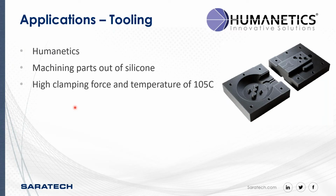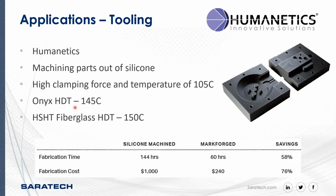Now, the molding process required high clamping forces and sustained temperatures of 105 degrees Celsius. So they needed a material that can take the heat and the pressure. So what they did was they used a Markforged printer and the Onyx material, as well as the high strength, high temp fiberglass. And basically they printed it